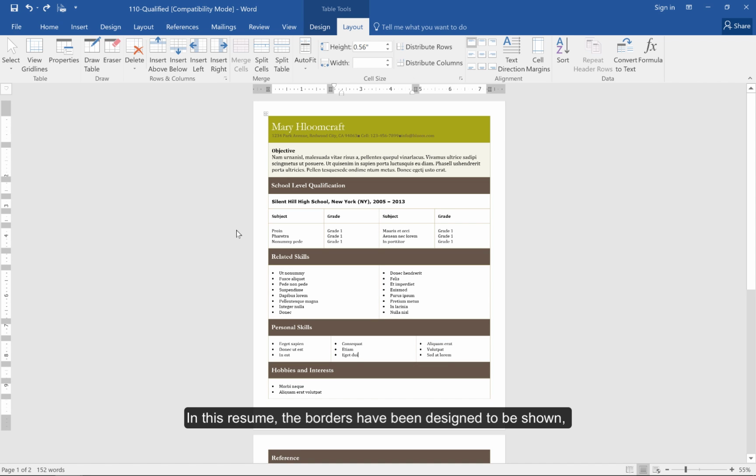In this resume, the borders have been designed to be shown, so even without the View Grid Lines on, you see the borders. I'll show you how to use some of the tools in this Layout tab to organize your content better within